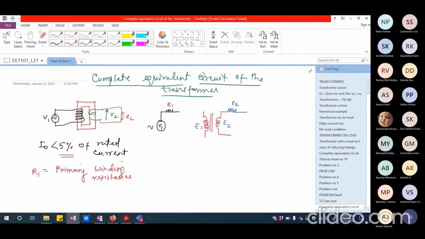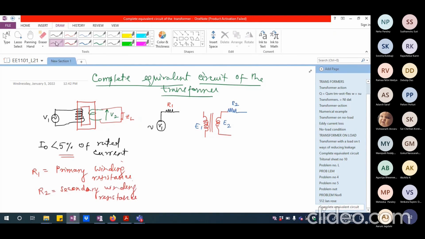Let me call that R2. So let me write R2 as the secondary winding resistance. So this is going to be the secondary winding resistance. Okay. Now,